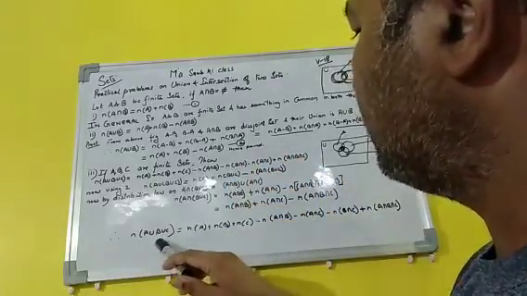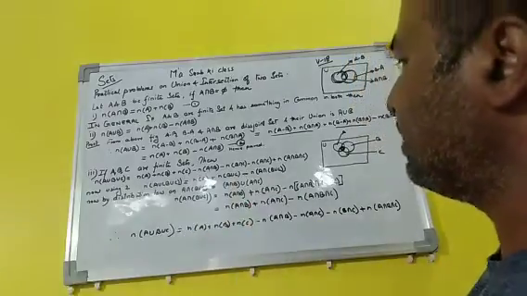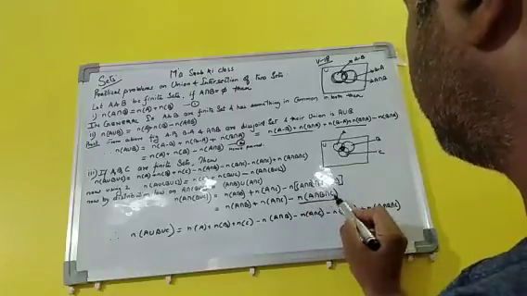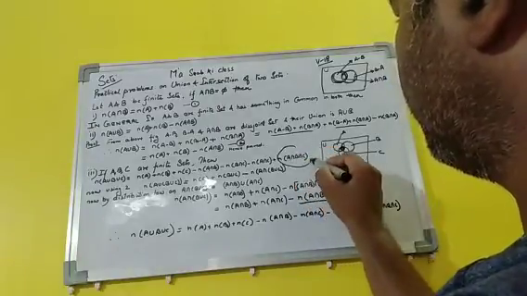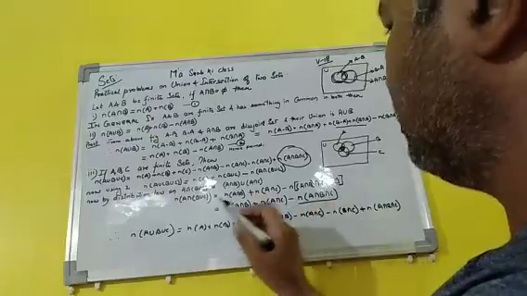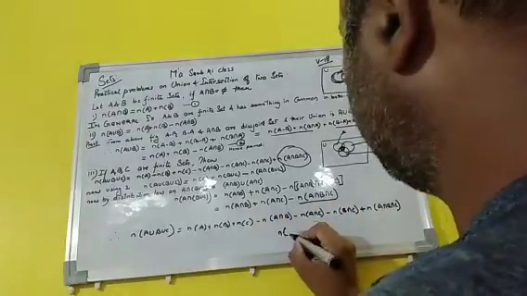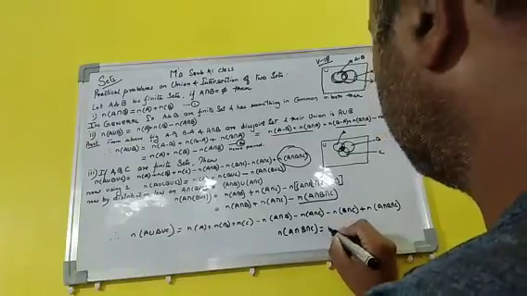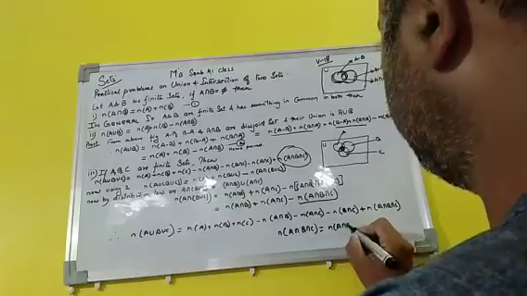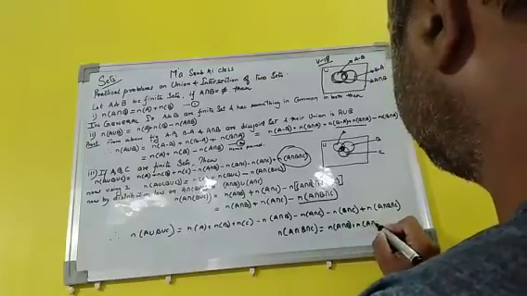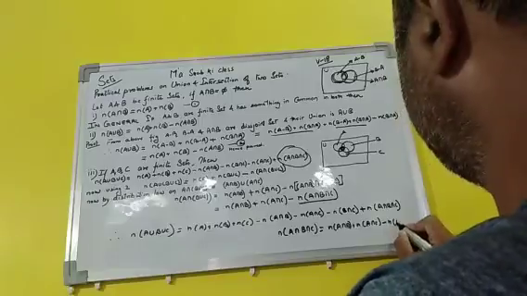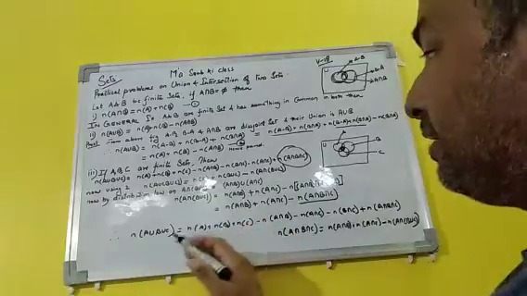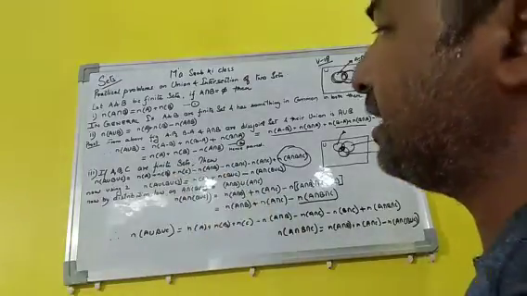so we will get here. One thing I want to let you know, that we will put the value of this over here, right? So we will get the value n(A intersection (B union C)) equals n(A intersection B) plus n(A intersection C) minus n(A intersection B intersection C). So here it comes, and hence we will get this equation for finite sets in case there are three sets.